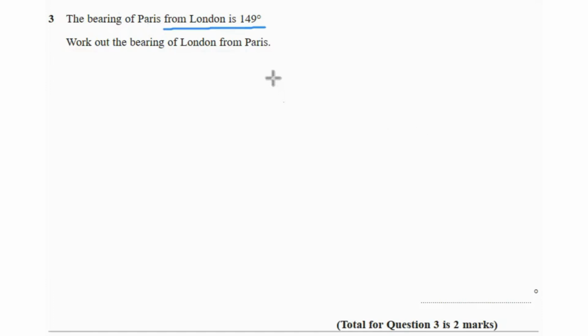So we draw Paris and London separately. Now, from London, the bearing is 149. That means this is where London is going to be because the bearing is from London. So the angle will be drawn at London and it will start from the north of London in clockwise direction towards the line that connects London with Paris. So this is the line that connects London with Paris, and this is our 149 degrees of bearing of Paris